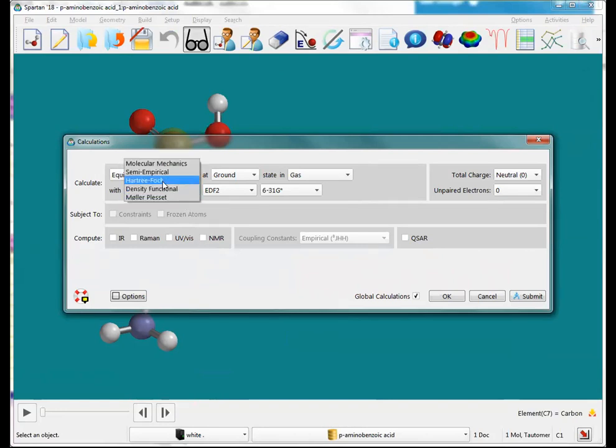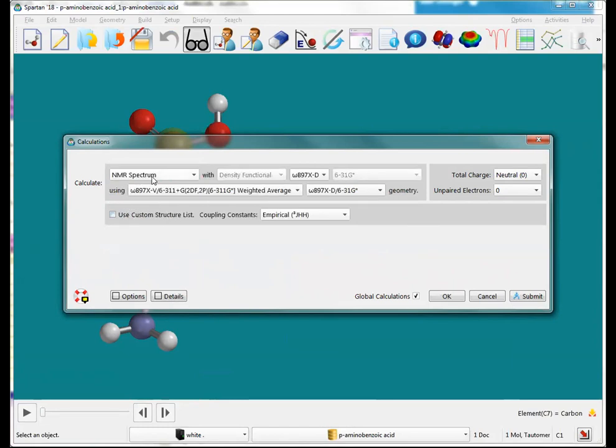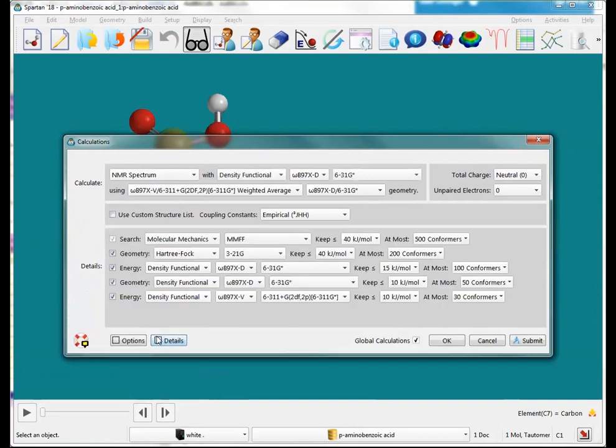But this particular task, let's see. Well, if I go to the NMR spectrum task, that's the one that I mentioned does the conformational analysis in conjunction with the NMR spectrum. So if you look down here, we've sort of hidden it because it gets rather confusing, the actual recipe. But what we actually do, if you look at the details, is we start out, we do a conformational search with molecular mechanics,